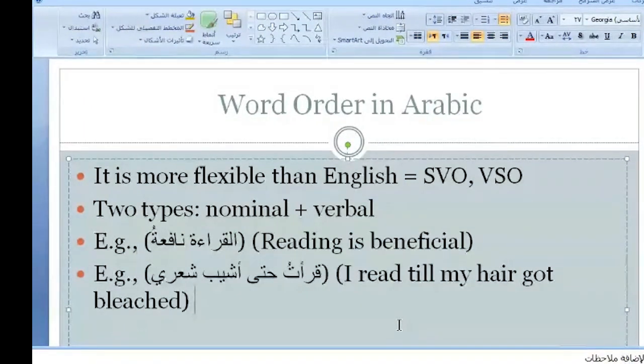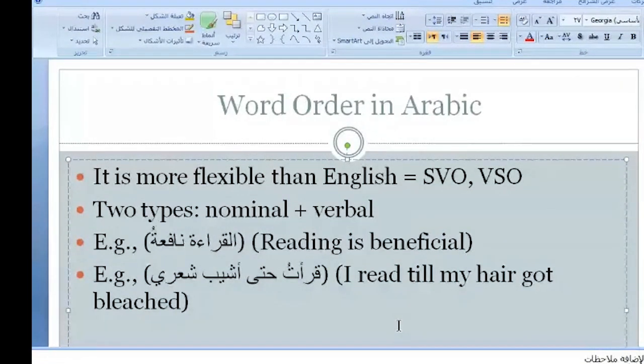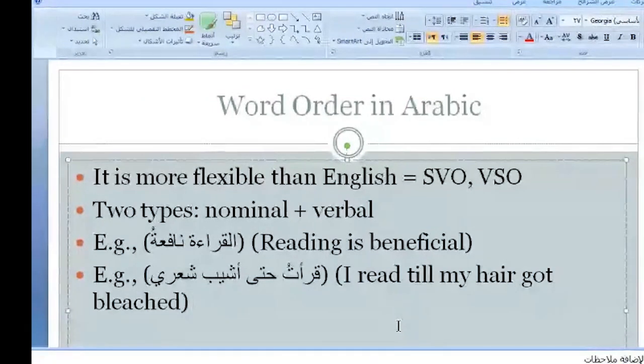هذا الشيء ما موجود بالإنجليزية. الإنجليزية يجب أن يكون الفاعل ظاهرا. In Arabic sometimes أحيانا the subject is implicit، يكون مختفي، ما هو واضح، ما هو ظاهر، لكن يعرف مين. It is understood from the context من السياق. Especially when there is a verb. When there is a verb, the subject cannot be stated clearly. It is